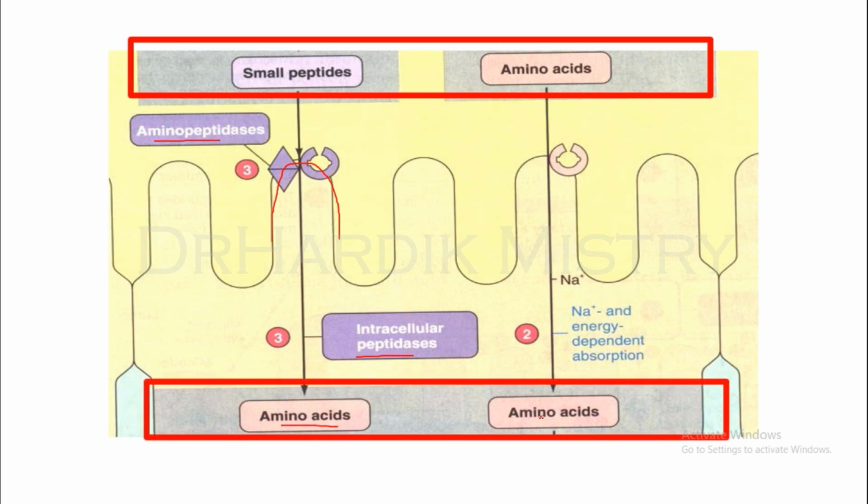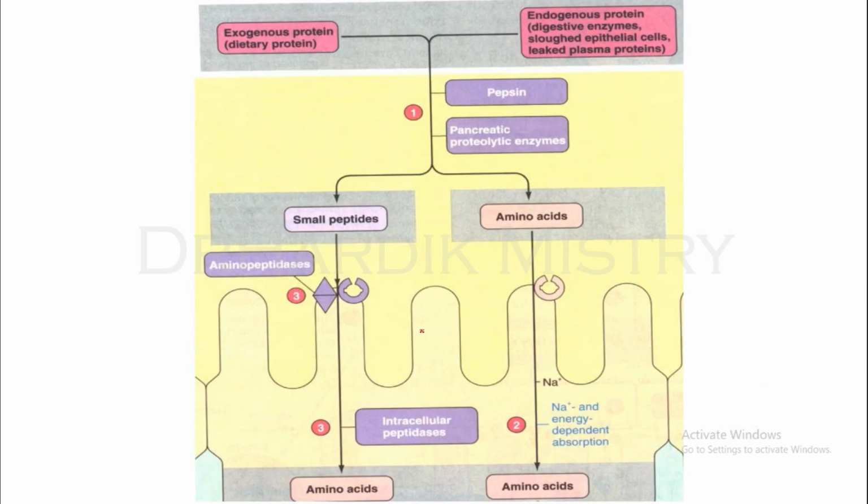So finally the amino acids are formed. So this is about the digestion part of the protein. This flowchart explains the whole protein digestion. So we have two sources, exogenous protein and endogenous protein. Exogenous proteins are the dietary proteins, whereas the endogenous proteins are the digestive enzymes, sloughed epithelial cells, and